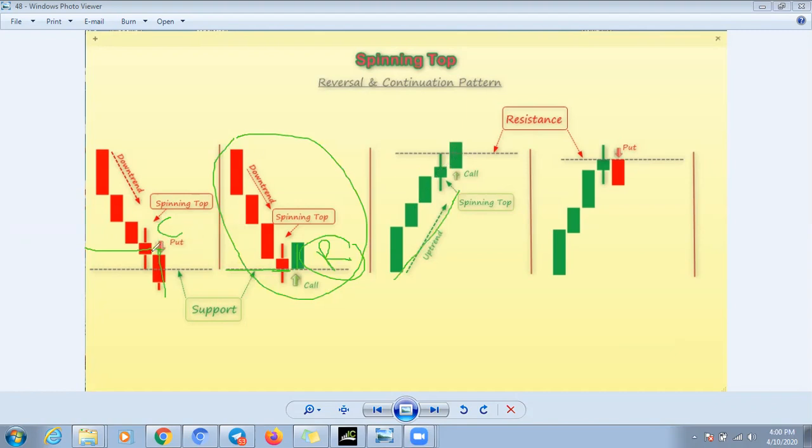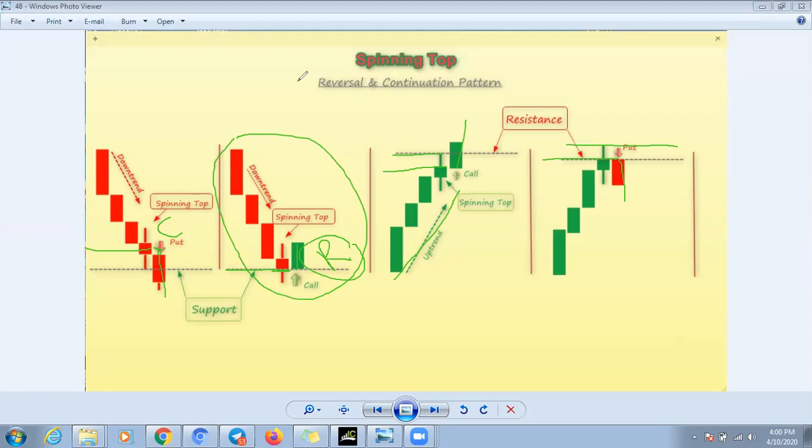So same, whatever I told before, same for this. If you find this spinning top in the running of the trend, in the middle of the trend, if there is no level on the closing price, it will go up. Okay, and same if there is any level, any round number, any Bollinger Band, any moving average, this can go down. Okay, so the spinning top is a sign of reversal and also a sign of continuation.